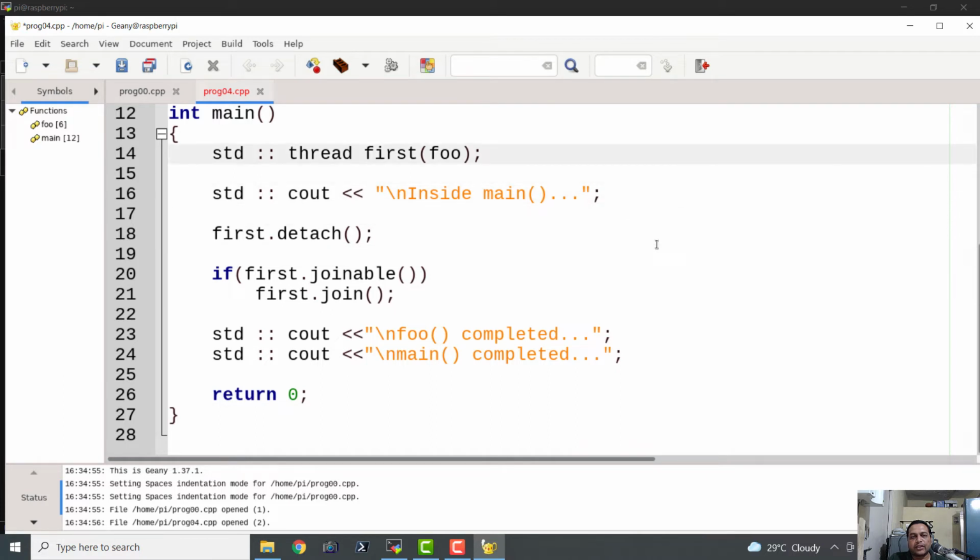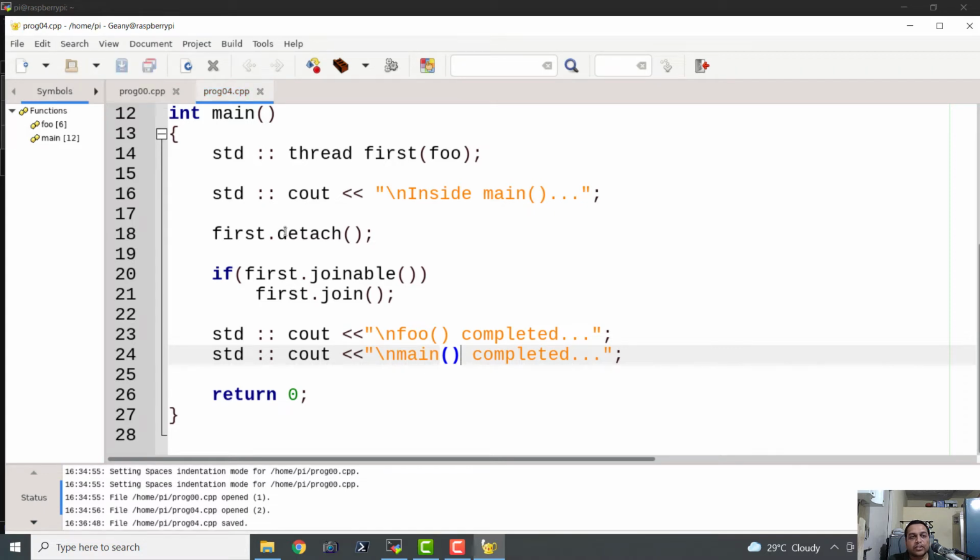So here we are creating the thread, we are printing the message that we are inside the main thread, then we are detaching the thread that we have created and making it a separate daemon process. Then we are checking if that thread is joinable, and we are joining that thread. So that's it. That is the easiest program with detach.